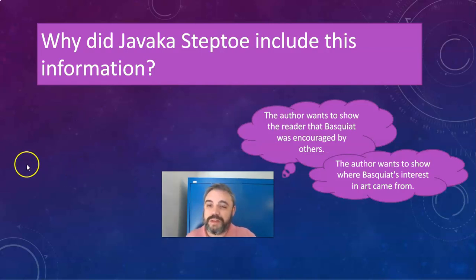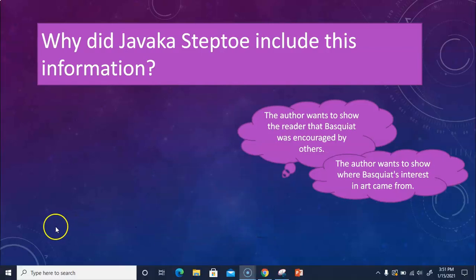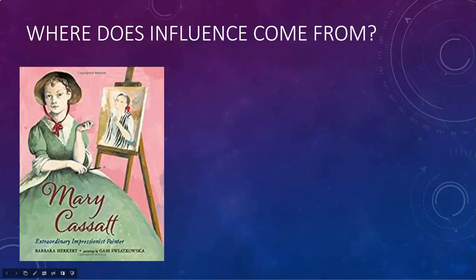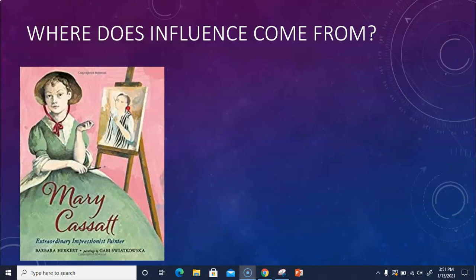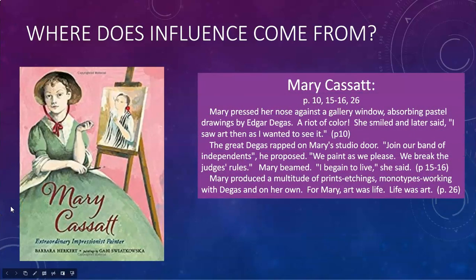Now, for this example, I have a slightly different question I want to ask you guys. And that question is, where does influence come from? Okay? In our first example, we saw where influence came from a parent, a family member, but is that always the case? Right? For this example, we're looking at Mary Cassatt, and we're going to look at selected text from a couple of different pages, namely page 10, 15 through 16, and page 26, where those passages combined say that